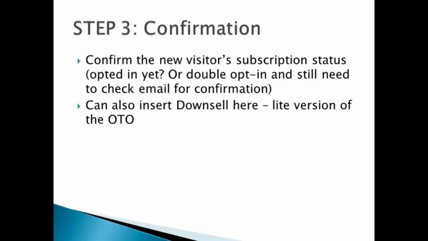can insert a downsell, which is also known as the light version of your one-time offer or OTO. It's everything your OTO is, except that it is priced lower and some of the components have been removed to allow affordable purchase. Start making money and cultivating the relationship right from the start. It can be done right away by asking the subscriber to do things you want him to do in that